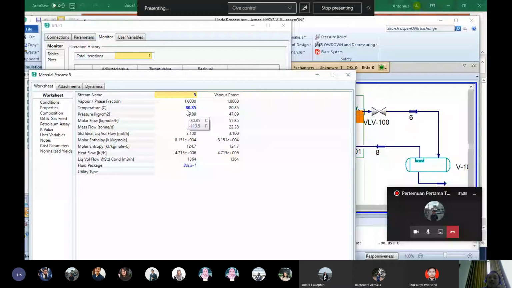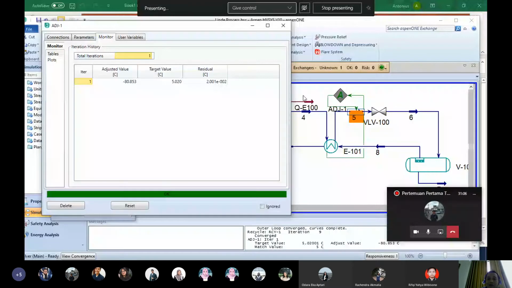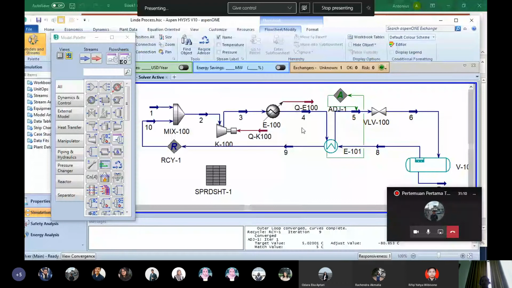Okay, slightly different compared to the previous number. By showing the current simulation, you already know how to make an adjustment to your simulation in HYSYS. Do not forget to do this step, because adjustment is very important in HYSYS. Frequently we will use the adjustment method, so in order to use this one, you have to remember the steps that I already mentioned.